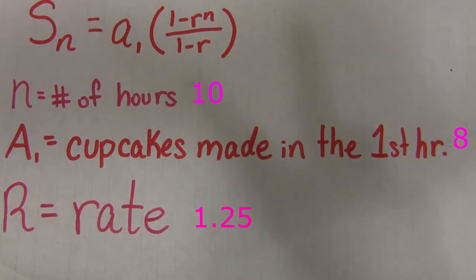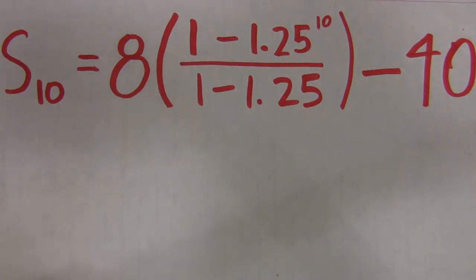Finally, this equation does not yet account for the 4 cupcakes eaten each hour by Morgan and Sarah Chu. Therefore, we need to subtract 4n, or 4 cupcakes per hour, times the number of hours. Finally, we plug all of the values into the equation to get S sub 10 equals 8 times 1 minus 1.25 to the 10th power over 1 minus 1.25, minus 40. We only need to plug this into a PGC to get